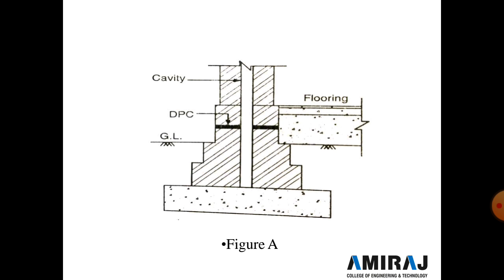Now in such a case, the portion of the cavity between the top of the foundation concrete and ground level may be filled with a 1:2:4 concrete, at least 150 mm below the DPC. Alternatively, the cavity may be provided up to the ground level, 150 mm below the DPC, and in both cases a separate DPC is provided for both the leaves. So drain water.